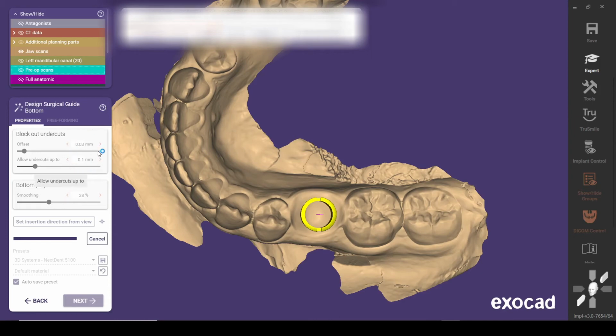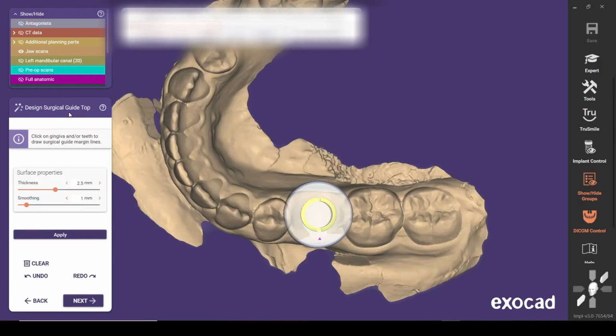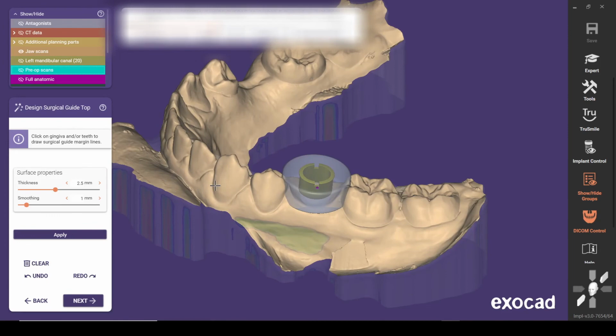ExoPLAN / ExoCAD. This is the same as designing surgical guide bottoms. This is the same as designing occlusal guard bottoms. It's the same program. So for this surgical guide,